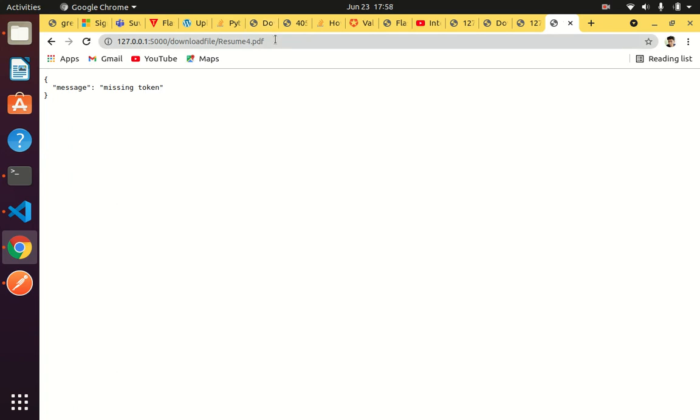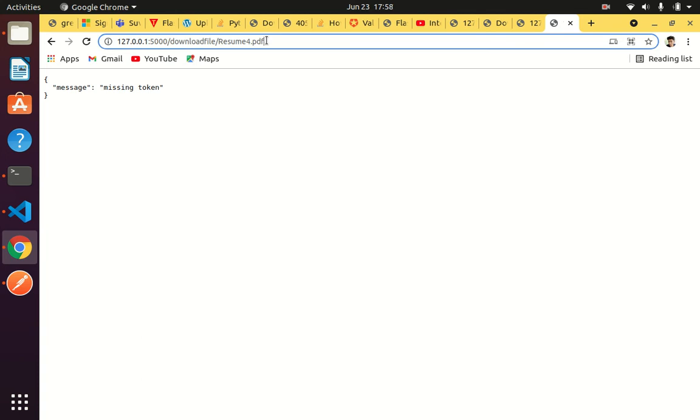See, it's interesting. Yeah, this is what we are expecting. It's a good thing that unless we have the token, we cannot go to the download route. Otherwise, anyone can just copy paste this URL on their system and get to the download interface, which we will see in a moment.